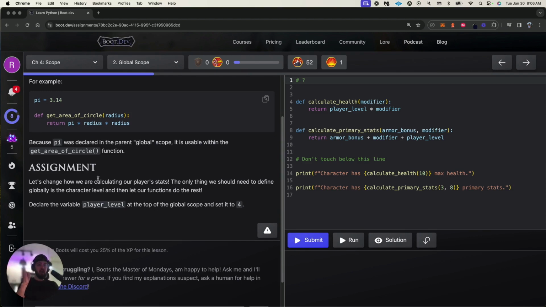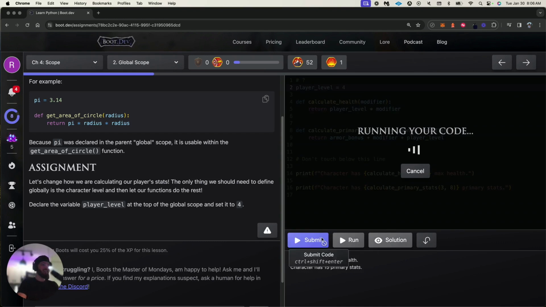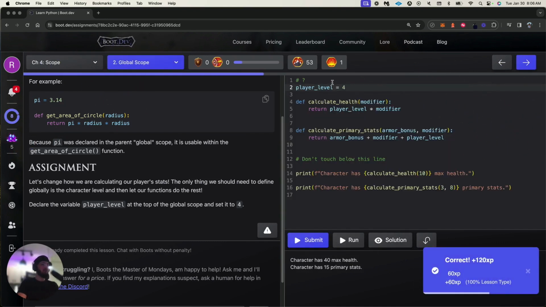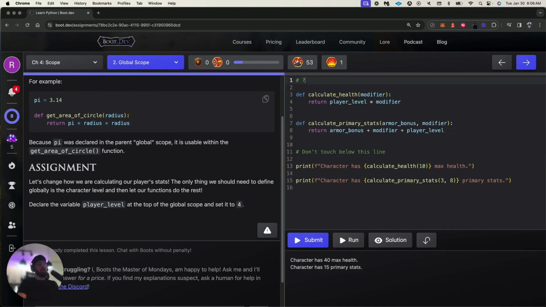So, assignment: let's change how we calculate the player's stats. The thing we need to define globally is the character level, and then let our functions do the rest. Declare the variable player level at the top scope, set it to 4. Okay, so all it's asking is just to do this. Set it to 5. Boom. Okay, cool. So I hope that makes sense, if we set player level, because it's being used in 2